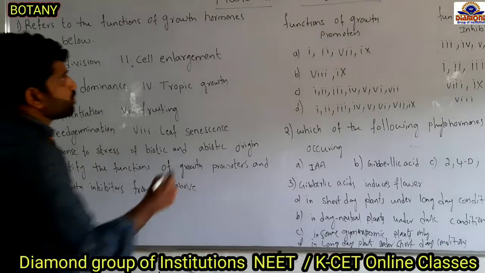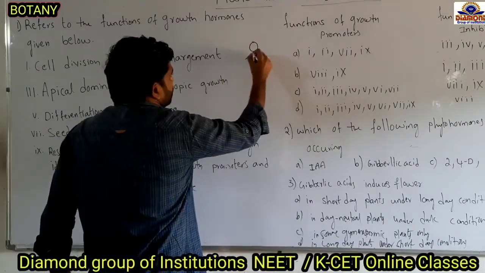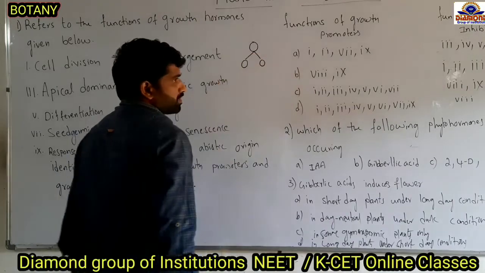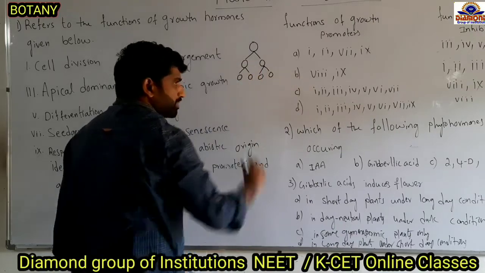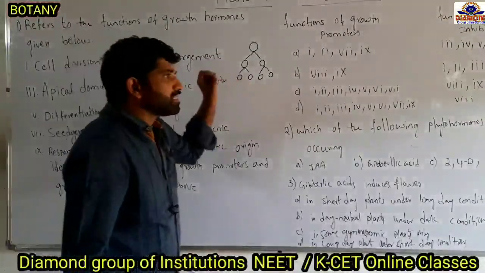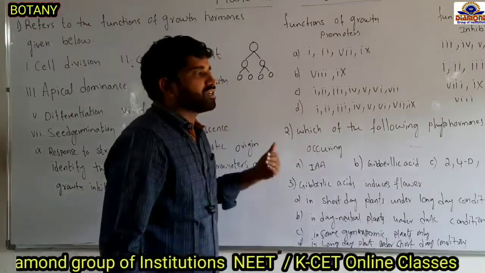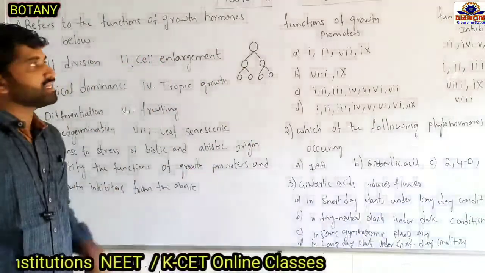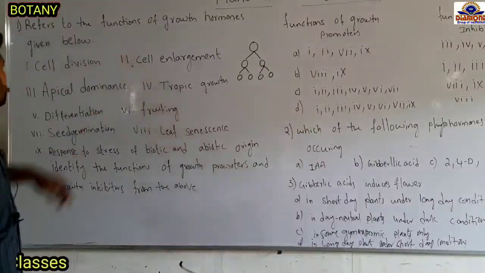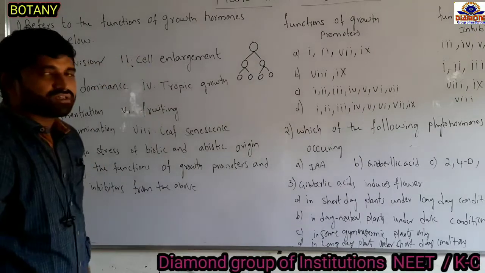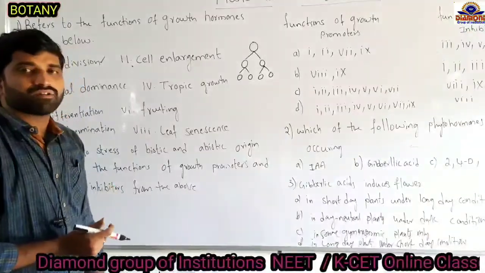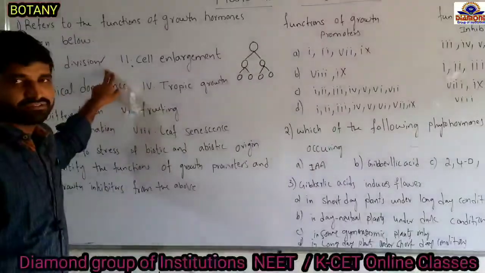Cell division. One parental cell can undergo cell division and form daughter cells. These daughter cells again undergo cell divisions and form more daughter cells. So a single cell can form a group of cells. Here the increase in cell number is called plant growth. The question was given as growth hormones, so which of the characters can refer to a growth hormone? Cell division is a character of growth hormone. Cytokinin, one of the plant growth hormones or plant growth regulators, can induce cell division.